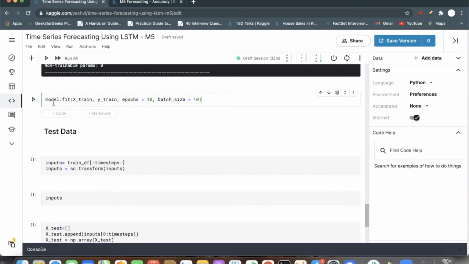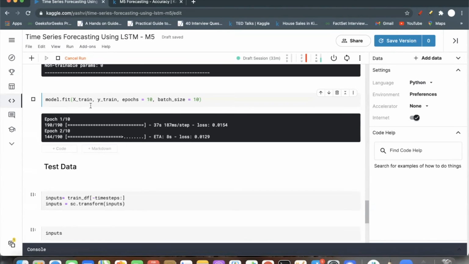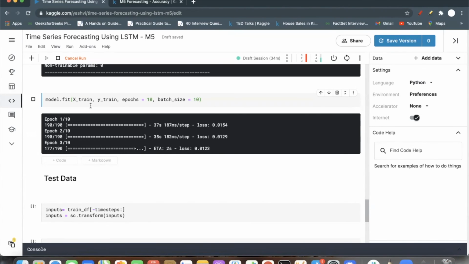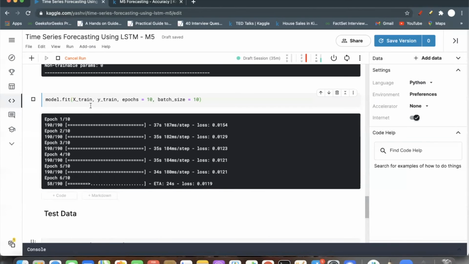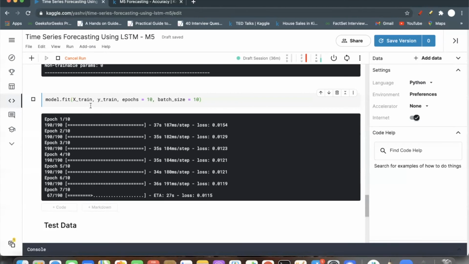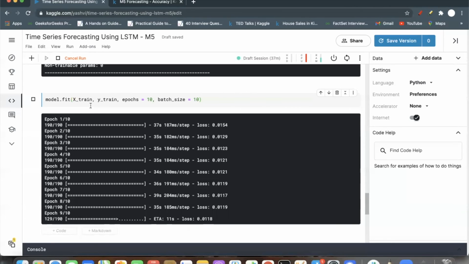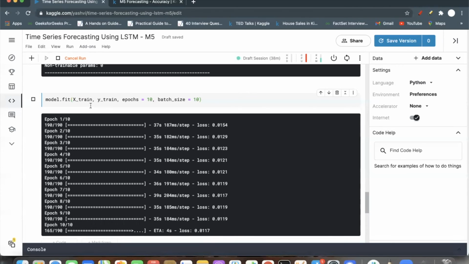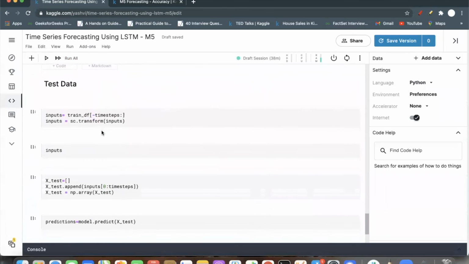Okay, now let's fit our model with 10 epochs and a batch size of 10. Okay, so now my model is trained.